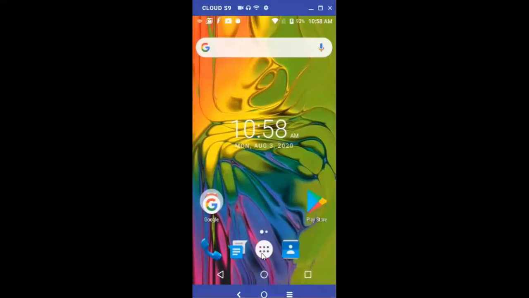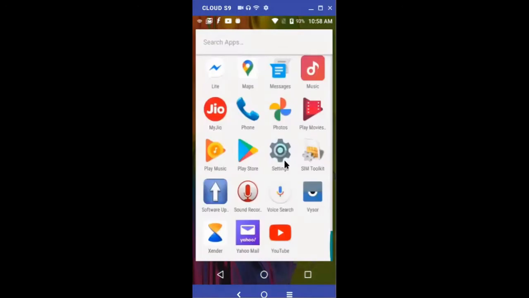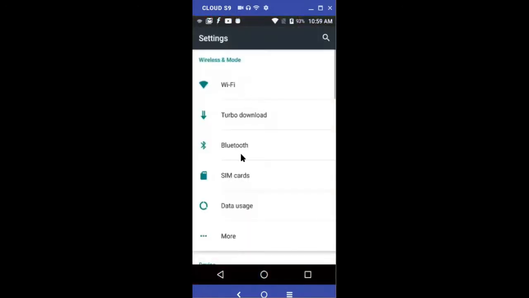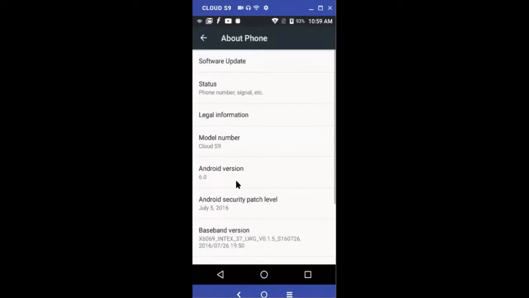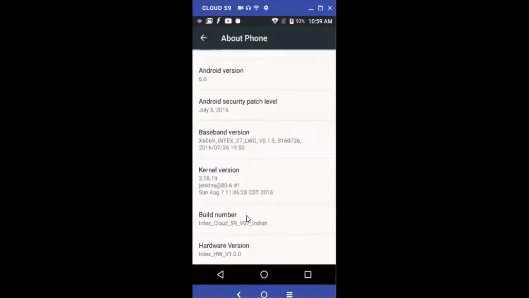So for method one, I'm going to my mobile screen. First of all, I'm going to the settings of my mobile. Under the settings, there is an option called developer options. If this option is not shown in your mobile, then please click on About mobile, and under this there is an option called build number.